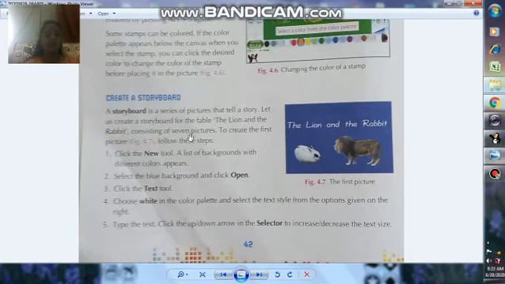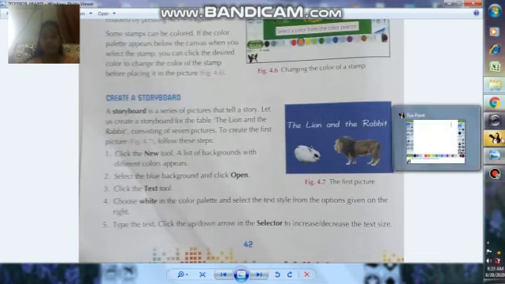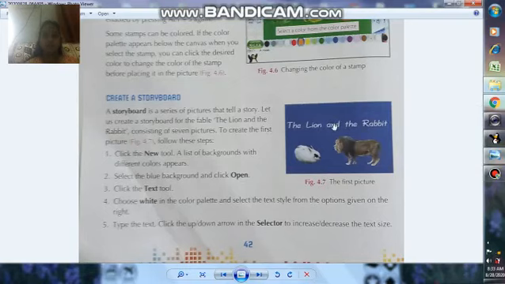Okay. So it consists of 7 pictures, so we have to create 7 pictures. To create the first picture, follow these steps. See, the steps are given, and I am doing it directly here along with reading the steps from my textbook, and you also have to follow your textbooks. If you have not opened your textbooks, first open the textbook, page number 42. I am going to read the steps to create a storyboard. I am doing it directly in Tux Paint along with the reading. So now first of all we have to create this picture.